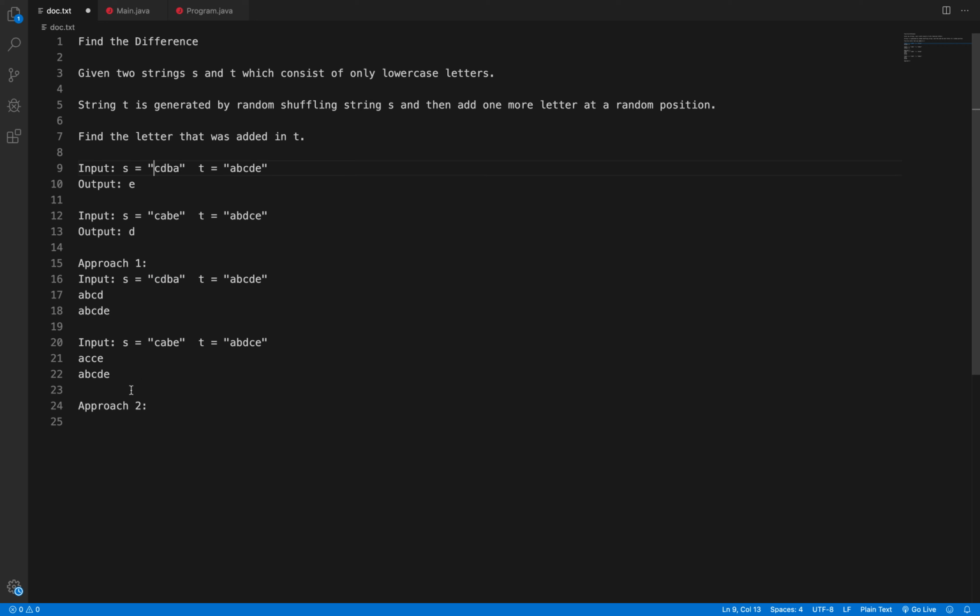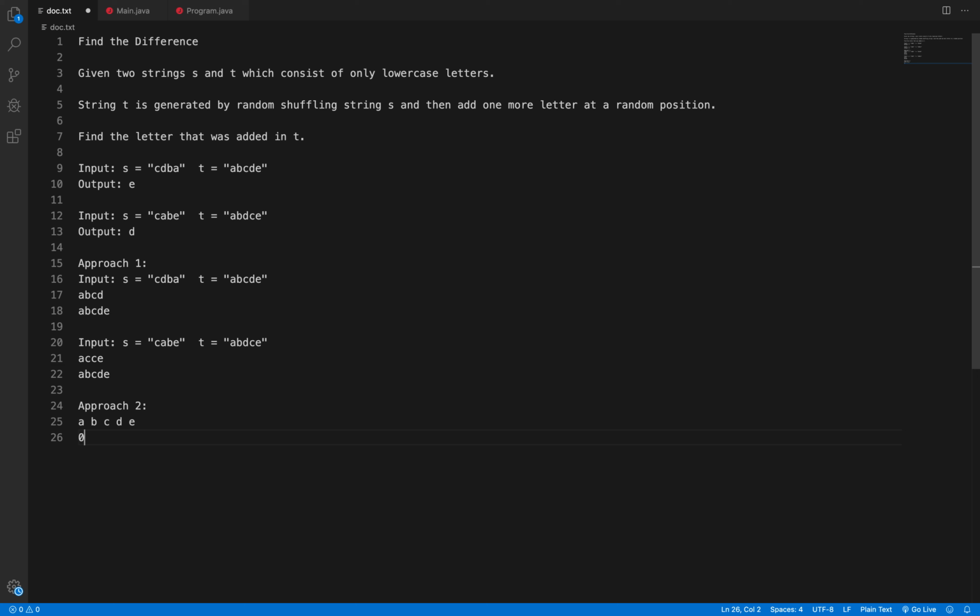Then we'll iterate over string T and decrement the frequency of each character. At some point, if the frequency of any character is -1, that means that is the character that was added. So let's dry run this approach with the examples.